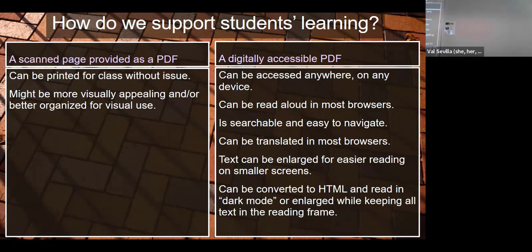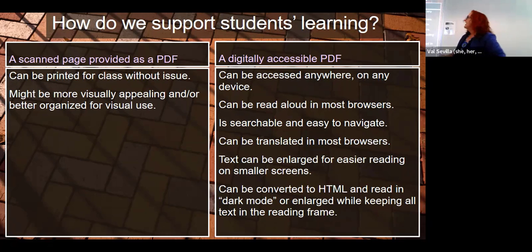And so that version is the one that they would go online to perhaps hear it read aloud to them, or use other tools that we're going to be talking about. That's why I say here that it might be more visually appealing and organized better for visual use. So I really want us to categorize those two things, of something that is only visual. See? The digital version that I made has a lot of advantages. This one has one. It is a visual